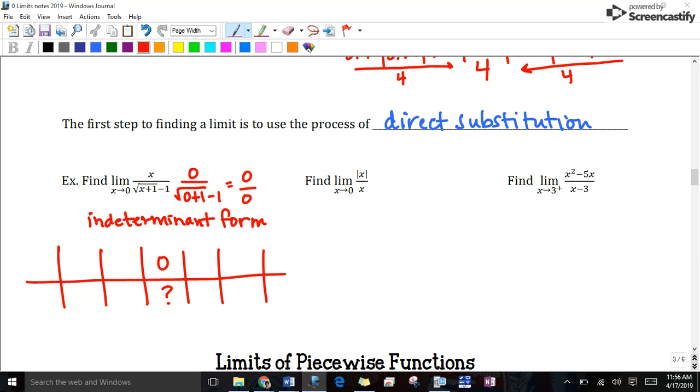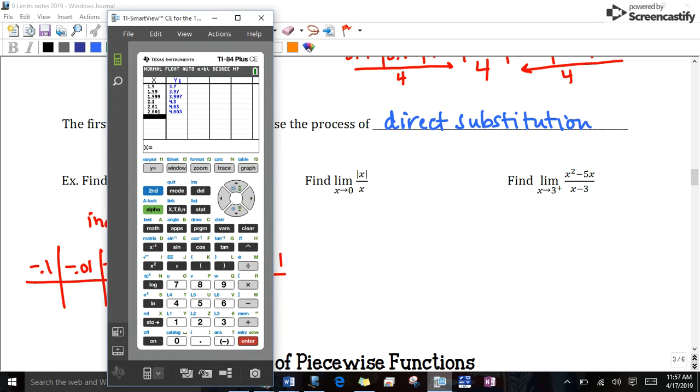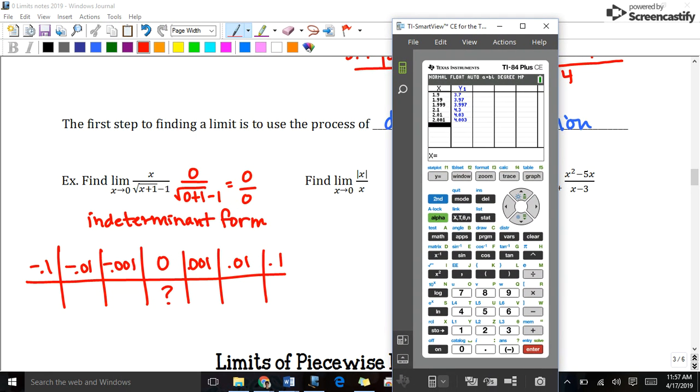I want to surround my 0 with thousandths, hundredths, and tenths. So thousandths, hundredths, tenths, and then backwards, thousandths, hundredths, tenths. Okay, so now on my calculator, I need to change the function. So I'm going to go to my y equals and re-enter my function. So x divided by parentheses around that denominator, square root of x plus 1 minus 1,